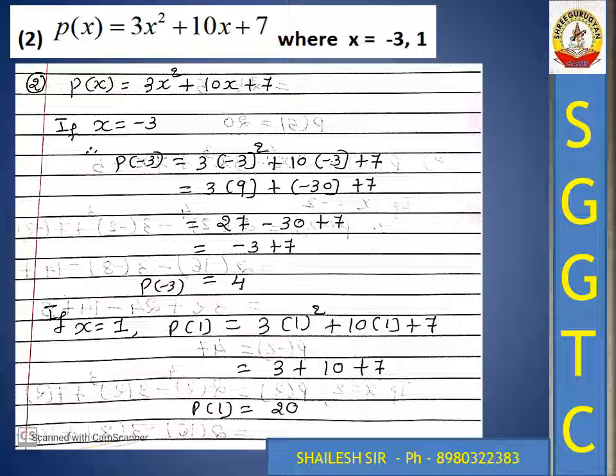Both of your answers are called the remainder. Remainder means it comes from a long division process. If I calculate by long division, it also indicates the remainder. Don't worry, I will explain long division in the next exercise.